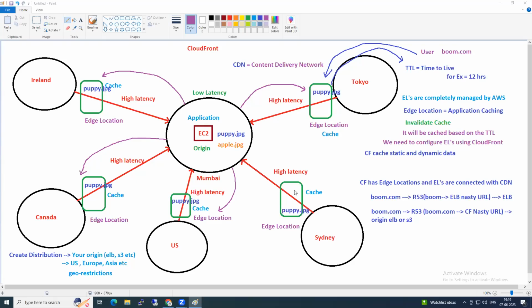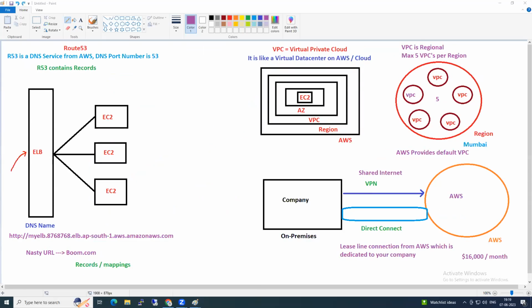That's why the buckets are regional. But how, when we go deeper into S3, we'll discuss there. Thank you, Sairam.